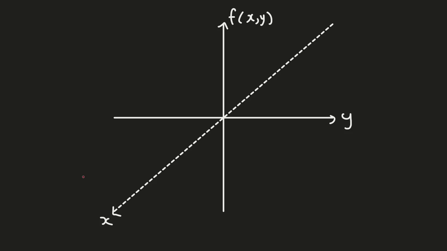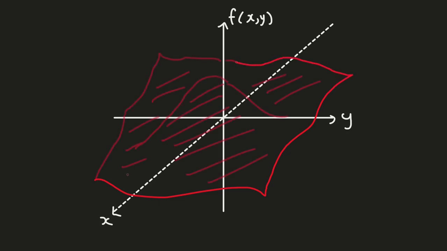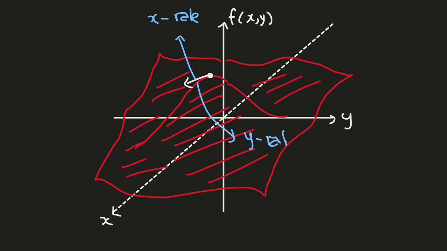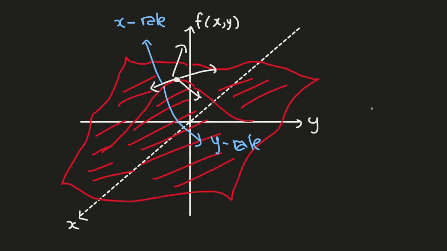After getting the characteristic of partial derivatives, we go back to the illustration before and let there be a surface just like this for f of x and y. If we take one point in this region, we will get the x rate of change and the y rate of change as before.